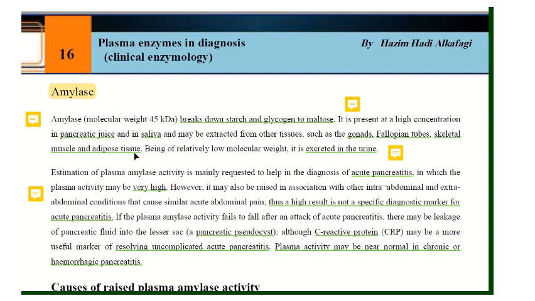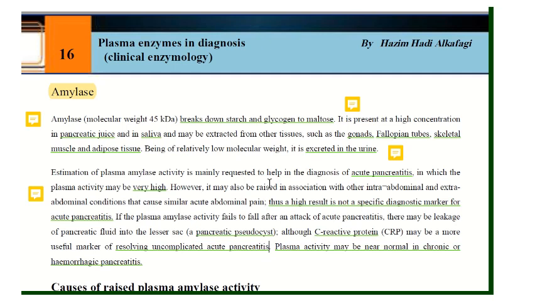Estimation of plasma amylase activity is mainly requested to help in the diagnosis of acute pancreatitis. إذن الكلينيكال يوز مالته استعماله وين؟ فيستعمل هذا estimation of plasma amylase activity is mainly requested to help in the diagnosis of acute pancreatitis,